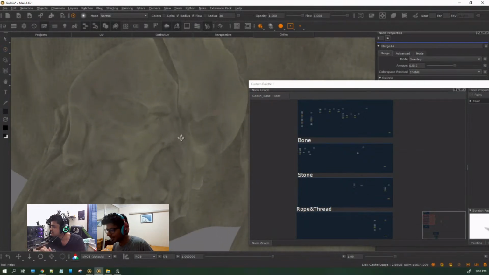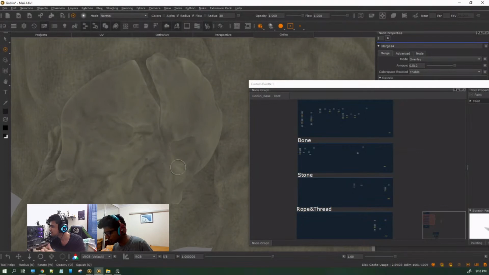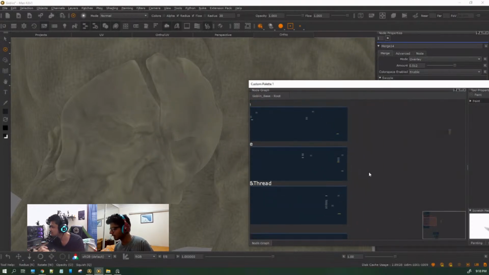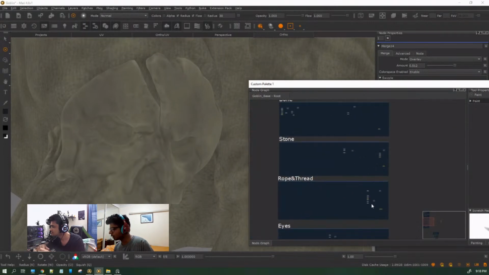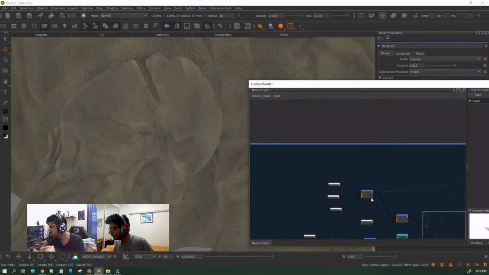As you can see, as of right now, a lot of this is the sculpt detail being overlaid on top rather than any plain texture. I still have to get to this and add in cuts and scratches to make it look more realistic. The same case for the stones, rope and thread, and the eyes. Now, for the eyes,